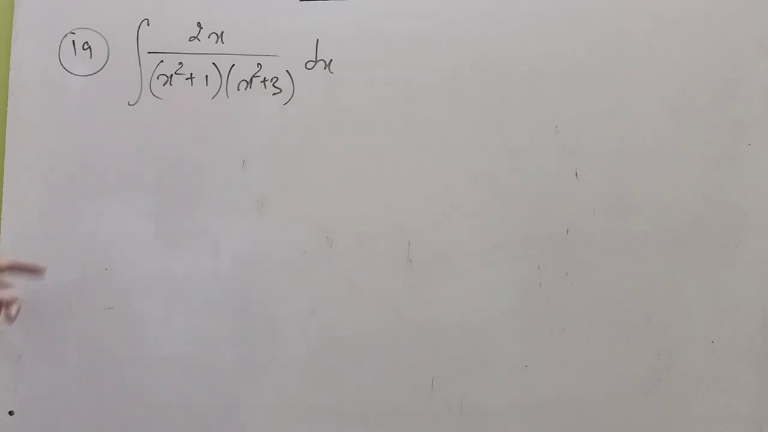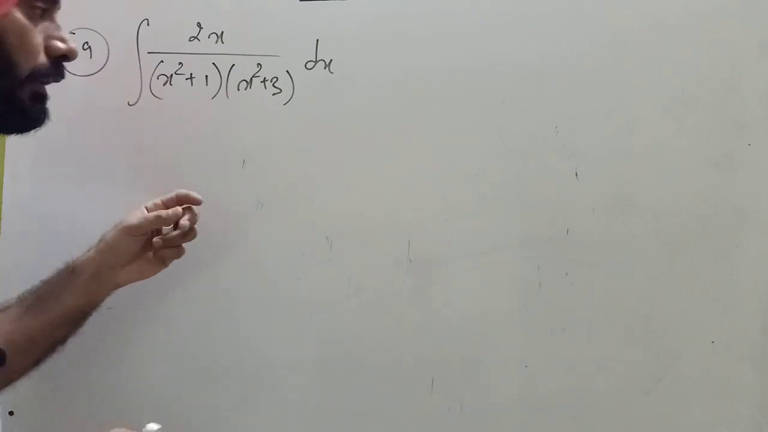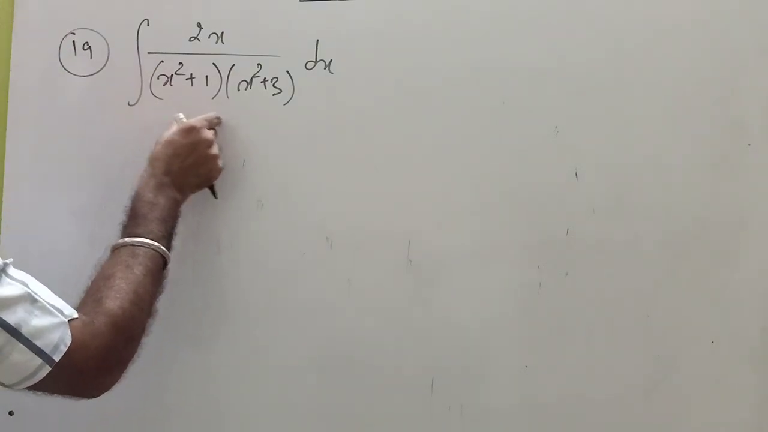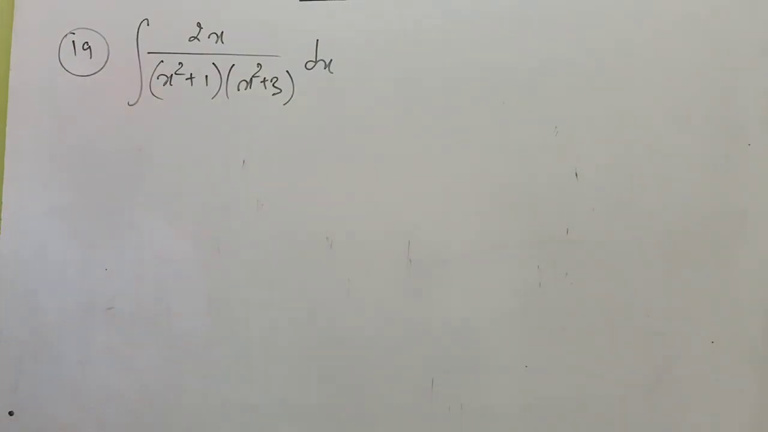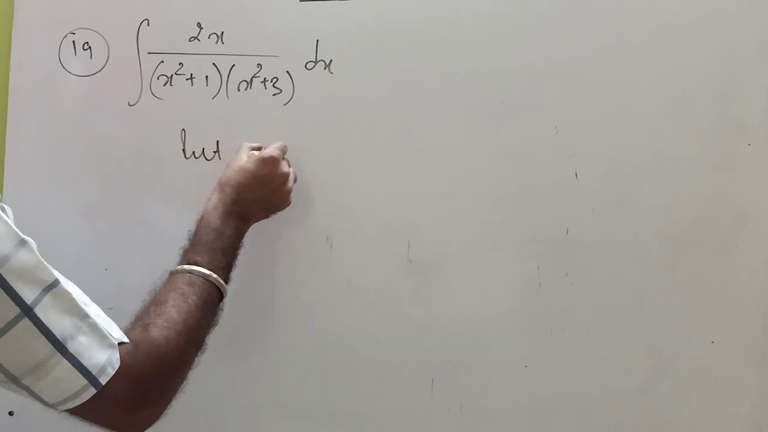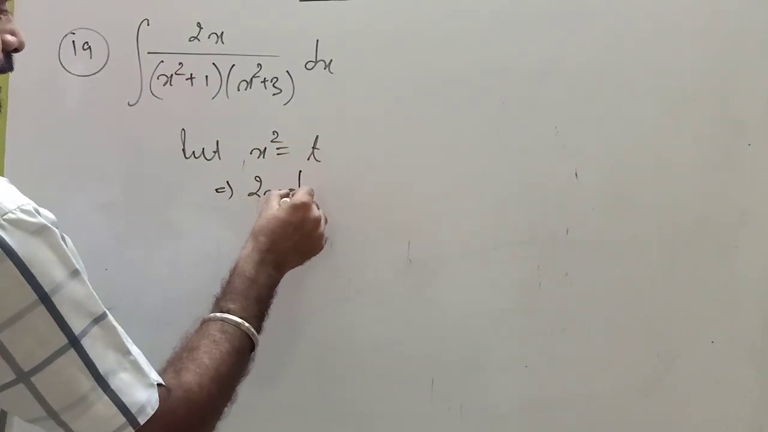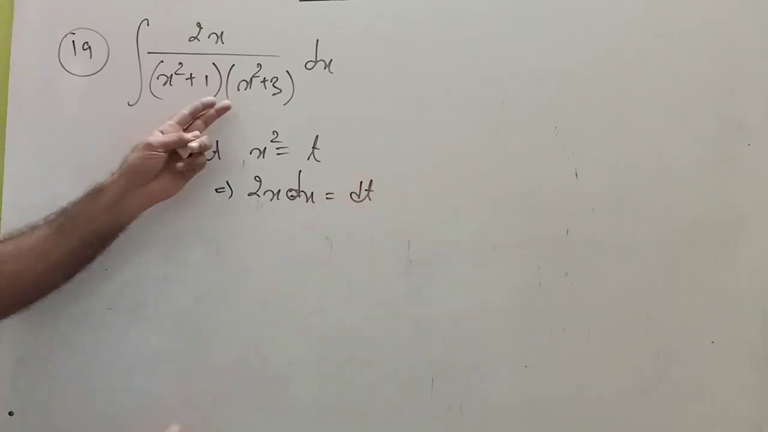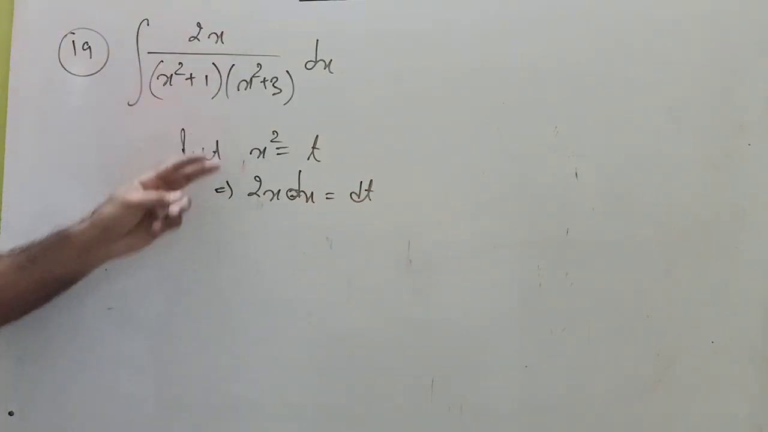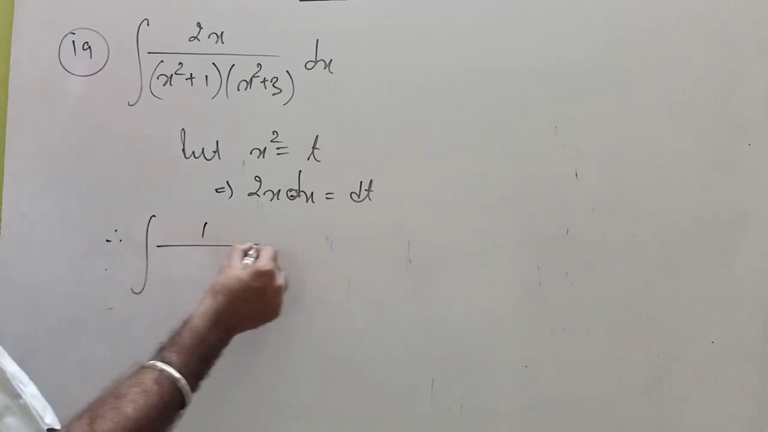Now come to the question number 19 of NCERT. There is 2x over x square plus 1 into x square plus 2. Check that there are two quadratic factors. Clear? We will not apply the case number 3. First of all, we will put x square is equal to t. So its derivative is 2x dx is equal to dt, because there is 2x already in the numerator. Clear? Therefore integral becomes 1 by t plus 1,